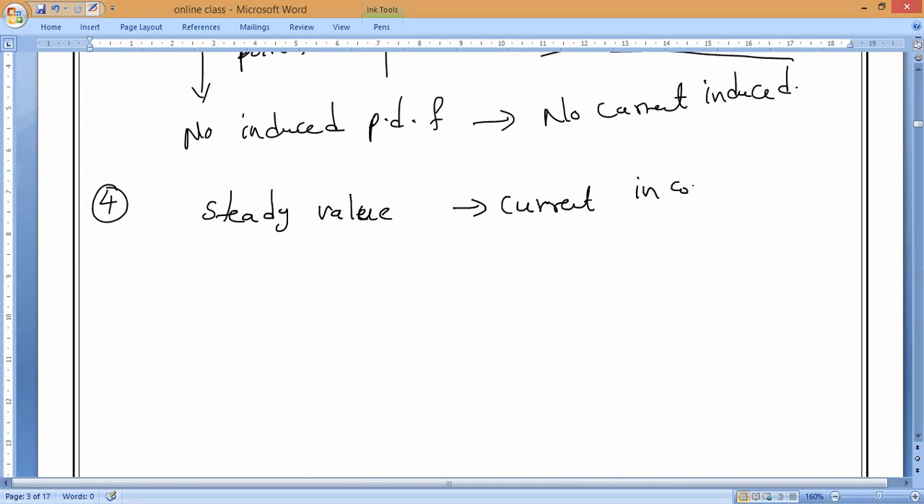Understand? The current in coil A is already steady, so there is no change in the magnetic field. Yes or no, guys? Yes, please respond. No change in magnetic field. So now, suddenly, if I switch it off,